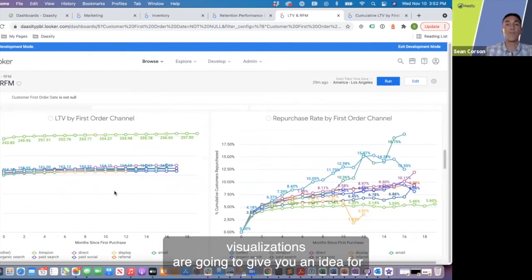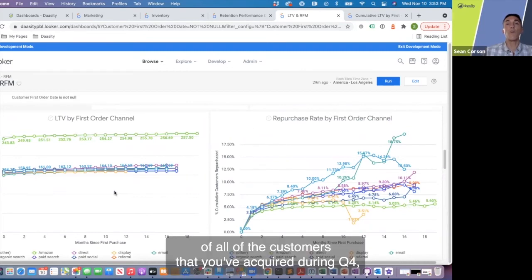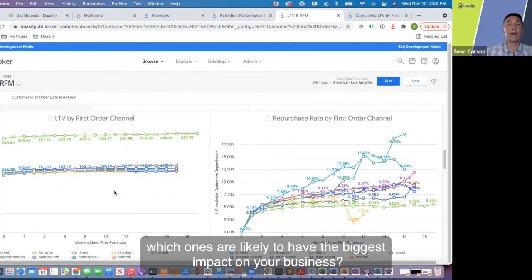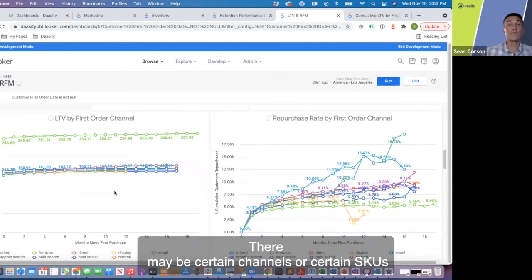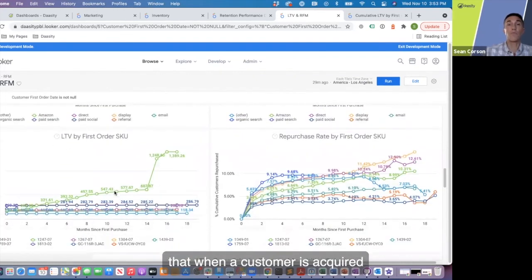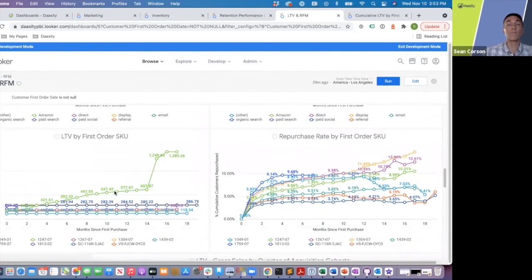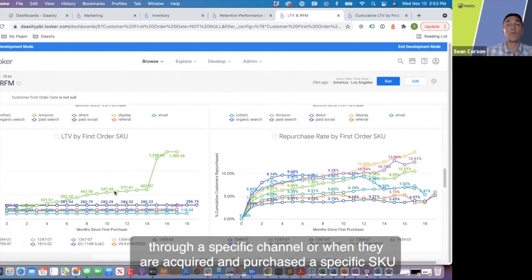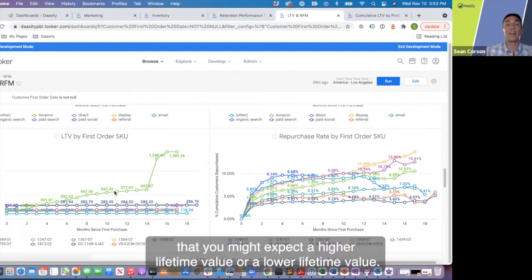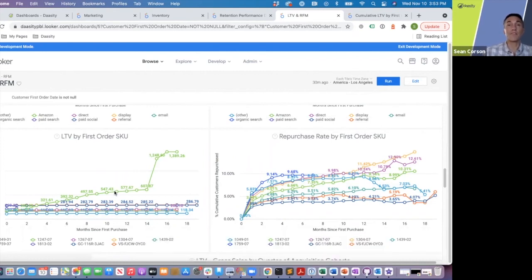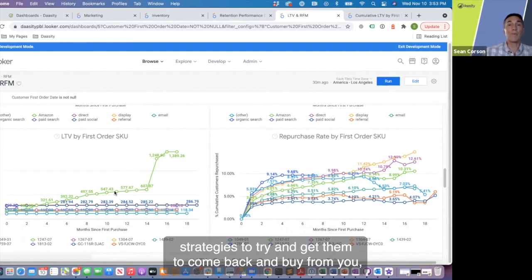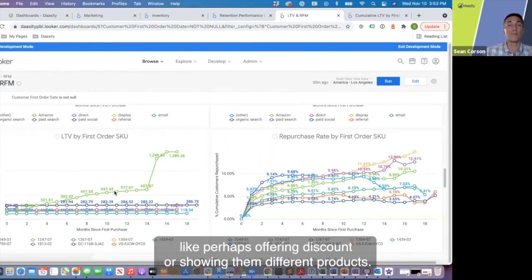These 2 visualizations are going to give you an idea of all of the customers that you've acquired during Q4, which ones are likely to have the biggest impact on your business. There may be certain channels or certain SKUs that when a customer is acquired through a specific channel, or when they are acquired and purchase a specific SKU, that you might expect a higher lifetime value or a lower lifetime value. For those lower lifetime value customers, you may try different strategies to try and get them to come back and buy from you, like perhaps offering them a discount or